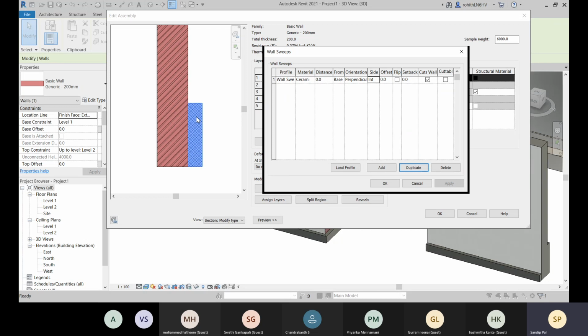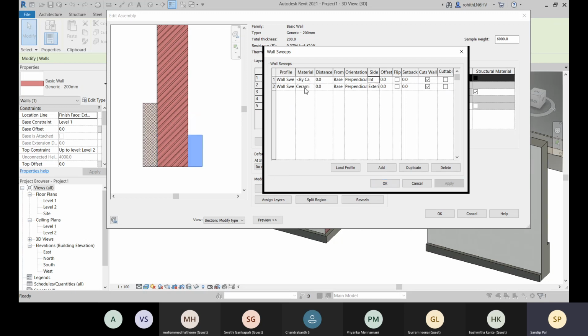Suppose you need it in both directions, so then you have to add another. You have to add another. So for that, you can choose like one brick, apply. Okay, so let me make it to the exterior and let me make it to the interior and let's apply it.